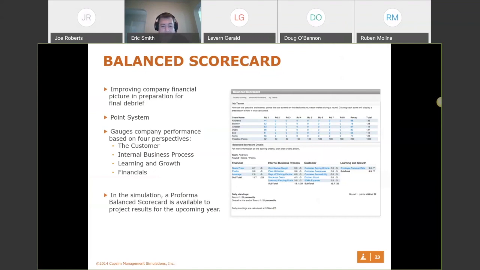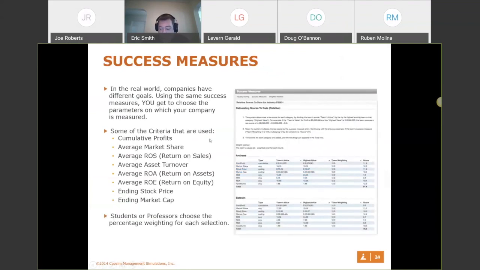It'll define it for them, explain how that criteria is scored and why it's important to your business. These success measures are very financial heavy, but they keep the emphasis on the performance of our company. So, if I'm trying to maximize my stock price, for example, I need to be mindful of how many shares I'm issuing. If we are trying to maximize ROE, we might not want to pay off all our debt, right? We might want to have a leverage closer to 2 instead of 1